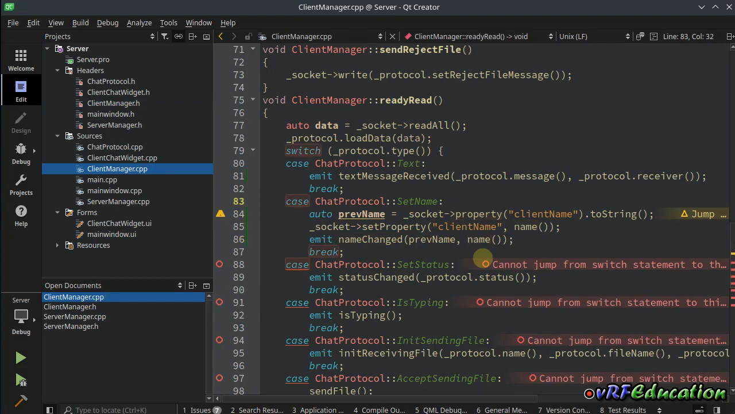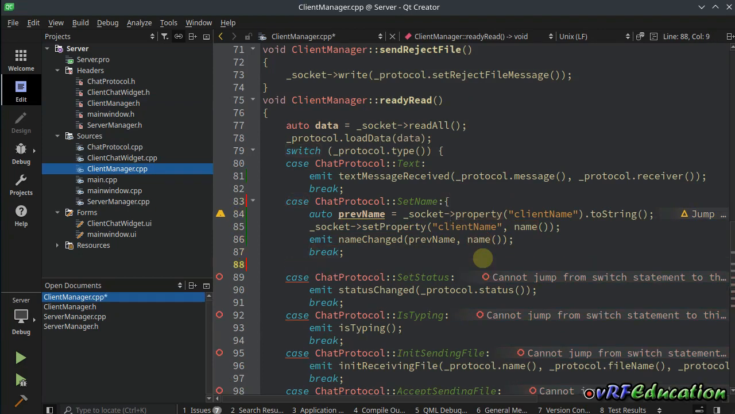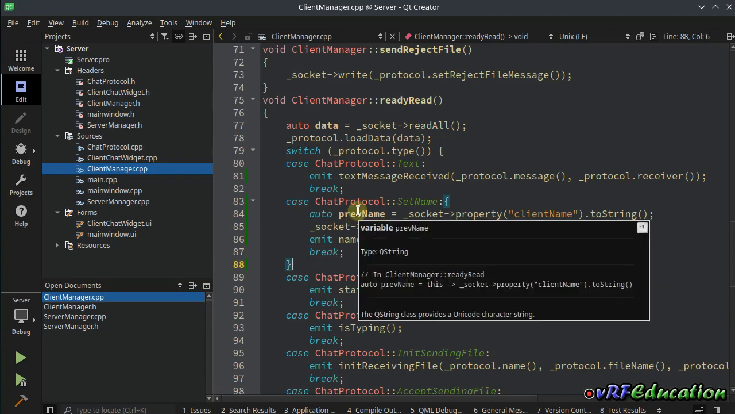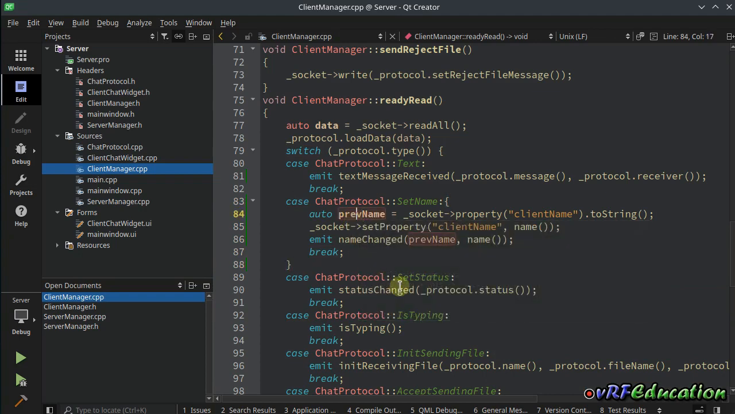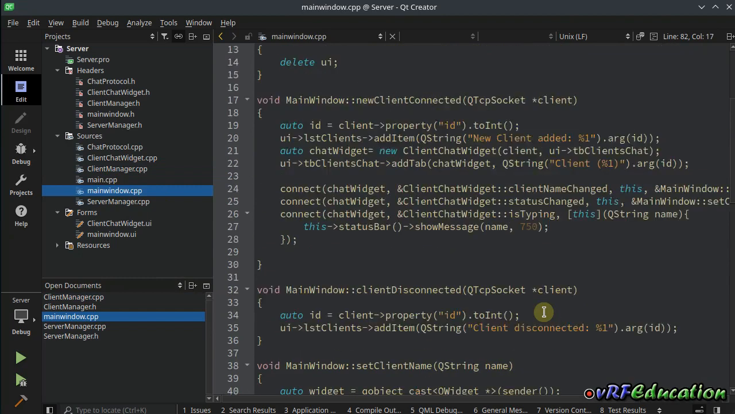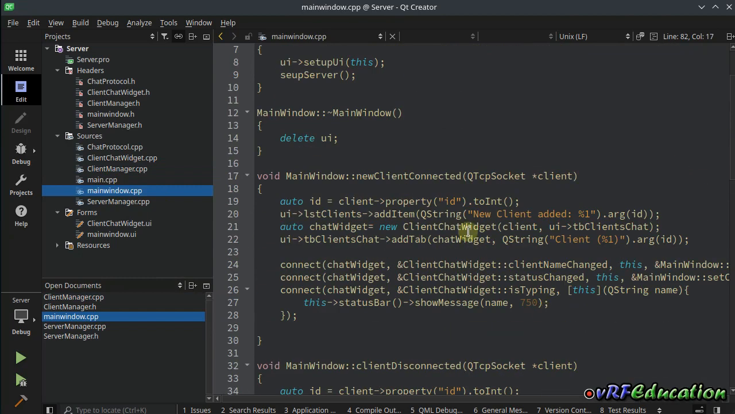It's going to say we need to add a block here, so we are not going to jump over this local scope variable declaration and initialization. This is it. So let's get to our main window. To our main window here, when a new client connected, we need to make a couple of changes. First on